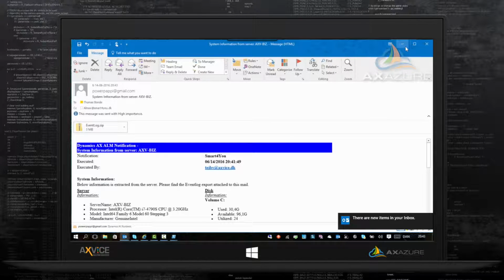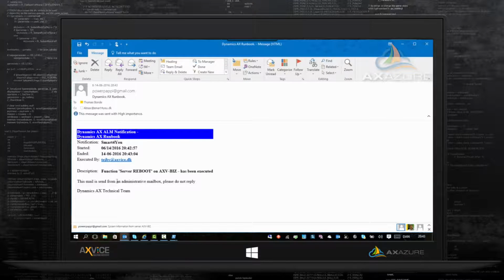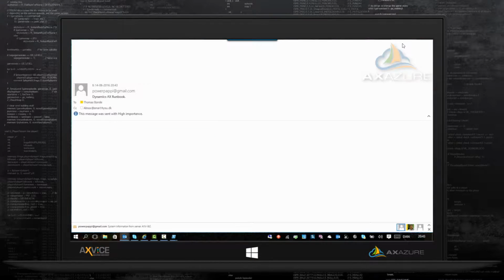So the first mail that popped up was the function server reboot has been executed. So that's nice to know that I have, at this point in time, rebooted this machine.